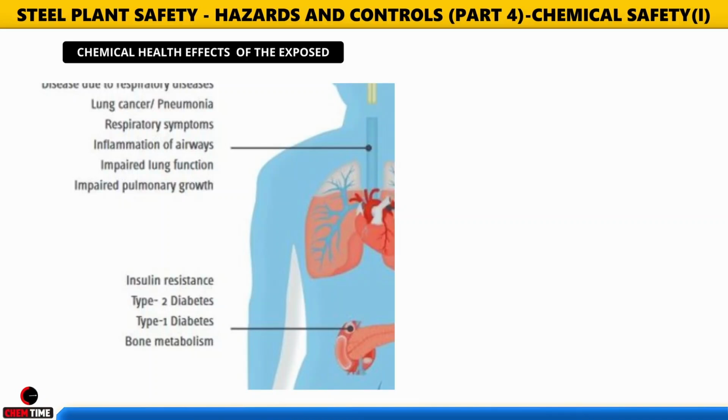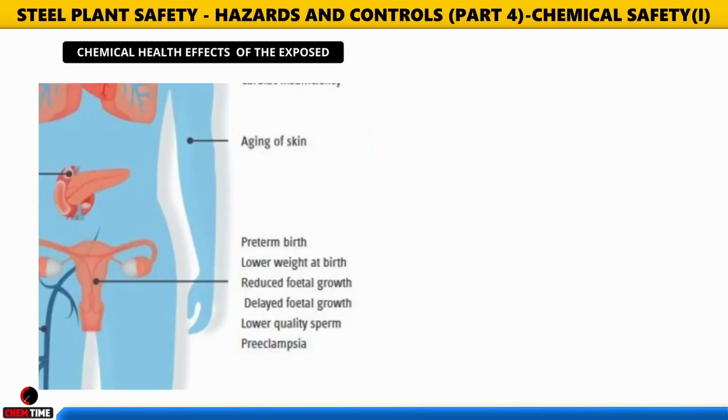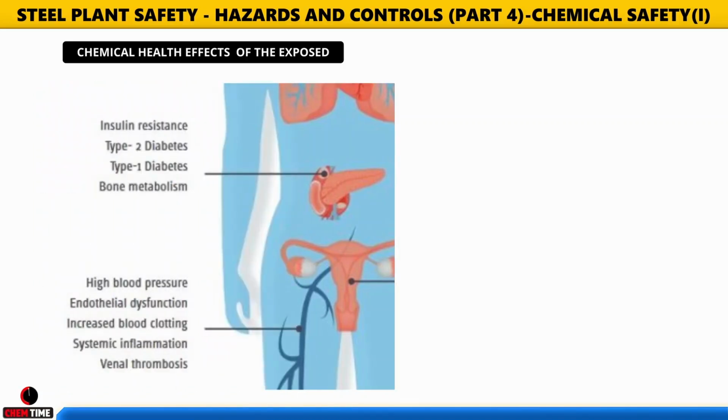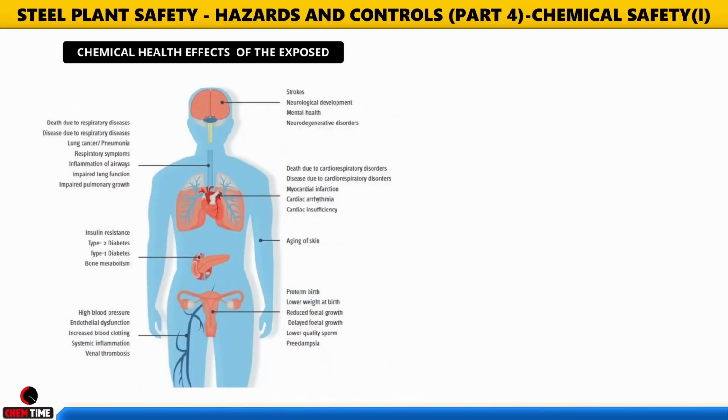And as we talked about the severity, everything depends upon how much we are exposed to any such kind of chemicals. Even for women, it could cause preterm birth, lower weight at birth, delayed fetal growth, lower quality sperm, and preeclampsia, high blood pressure, endothelial dysfunction, increased blood clotting, systemic inflammation, venous thrombosis. These are quite a number of chronic health effects which are caused due to the chemical exposure